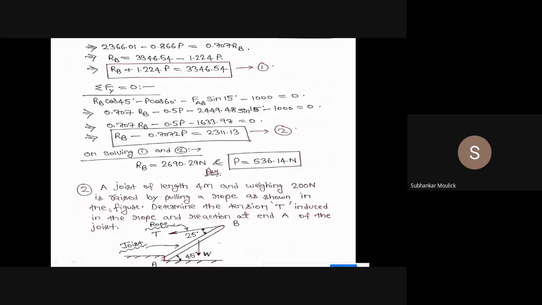आप प्रॉब्लम देख के ही समझ जाओगे कि ये कितने मार्क्स का होगा. ठीक है. देखो आप खुद ही बोलो ना कि ये जो अभी मैंने सेकंड प्रॉब्लम कराया, ये टफ है कि इजी प्रॉब्लम है? ये थोड़ा सा टफ है, क्योंकि कुछ भी दिया नहीं है क्वेश्चन में. खाली क्वेश्चन में बोला गया है कि W is your 200 Newton weight of the joist and the angle which this tension is making with respect to the joist is 25 degree. Find out the value of T and this reaction RA.